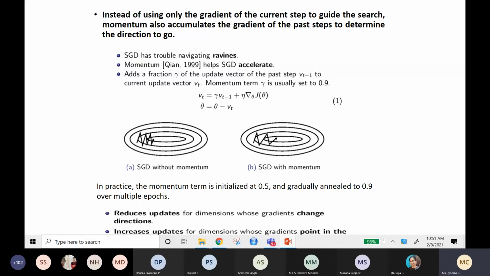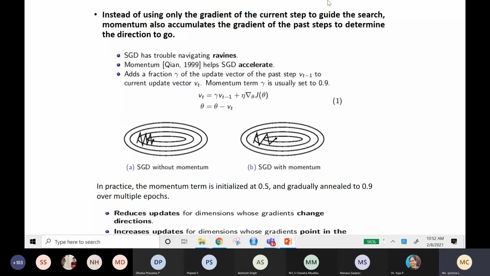That means we will determine the gradient, and based on that, how to go will be decided. We will decide what the slope is, what its magnitude is, and what its sign is, negative or positive. Based on that, the weight should be updated. Again, at the next point, we will find the slope, and it will determine in which direction it should move. So that is decided in the case of gradient descent.